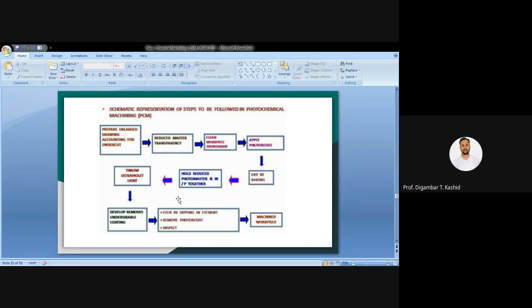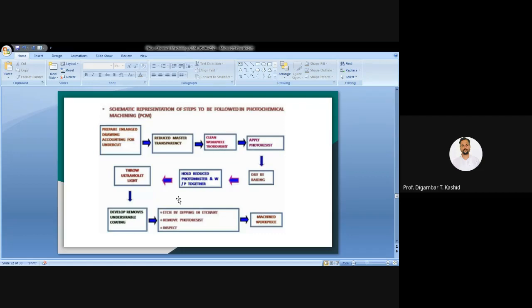Many students every year, maybe out of 35 or 33, a minimum of 3 to 4 final year project groups are going for projects related to this PCM. Because in our college, in our department, we have the facility for PCM. We have both 2D as well as 3D PCM facility, because BRNS, that government organization, has given 28 lakh rupees for developing the 3D PCM facility in our department.